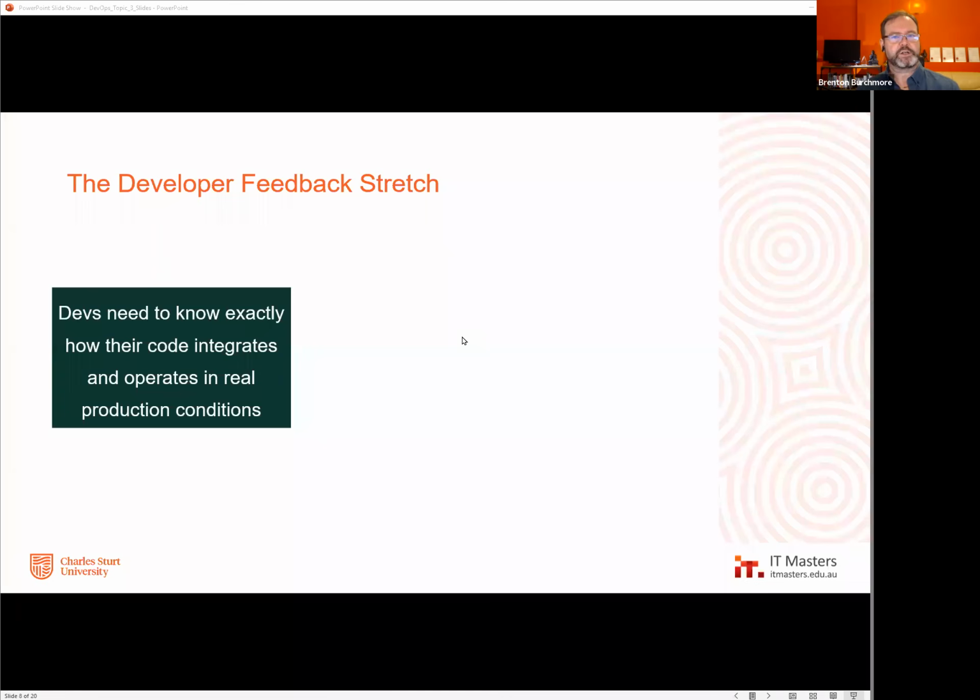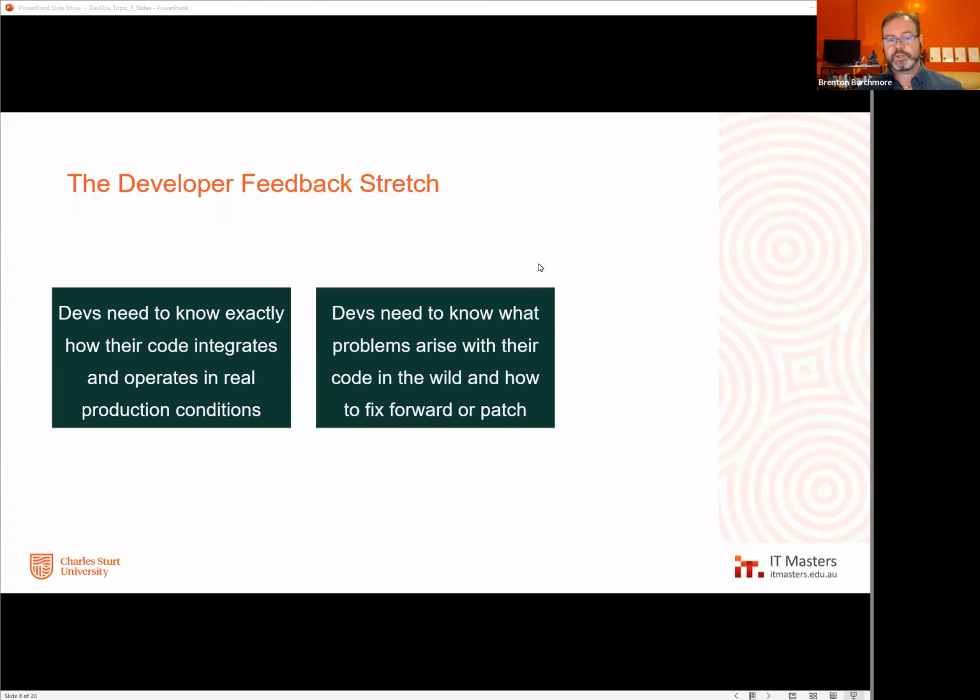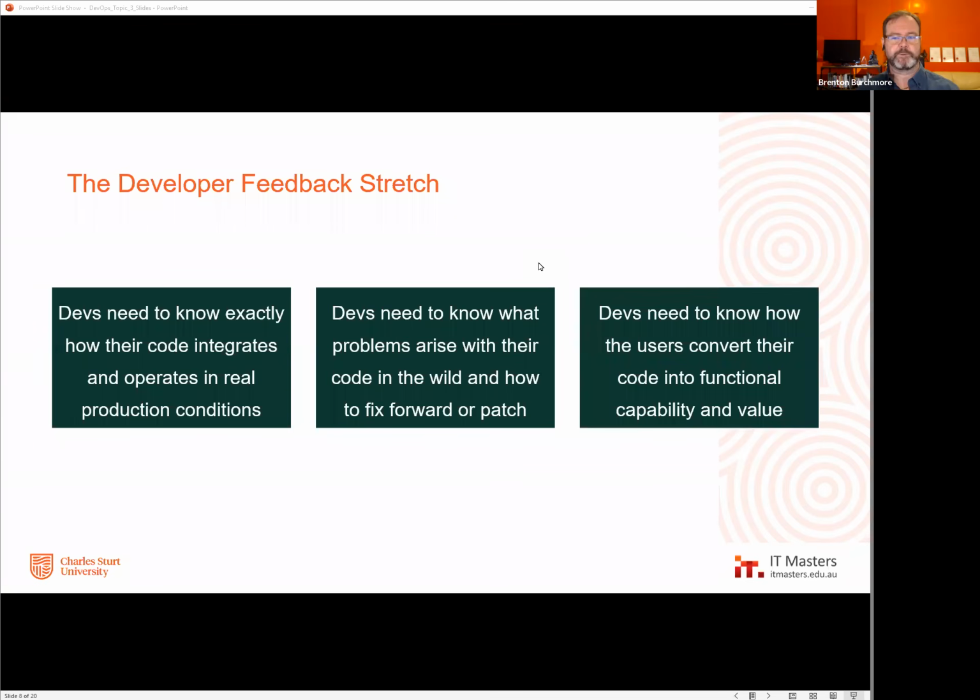So these are the old-fashioned paradigms that DevOps is trying to address, because DevOps also needs to know exactly how this problem arose. What caused it? What happened? How did it happen? What triggered it? If the devs are going to fix anything, they need all of the information available that is usually going to come from the operations environment, or the operations metrics, or the stuff that operations is looking after and controlling. That's where a lot of the information is going to come from that the devs need to know.